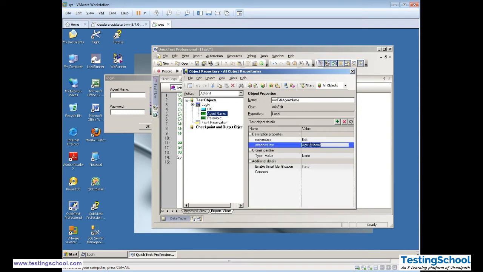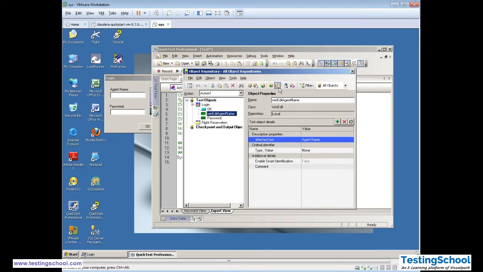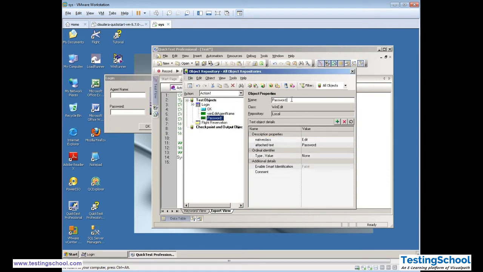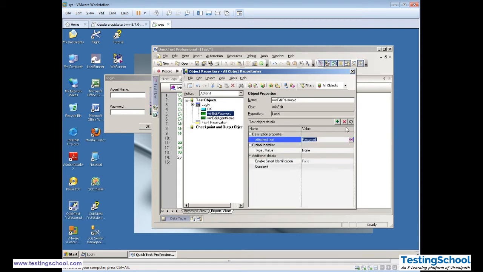Now we need agent only, we don't need native class edit. Remove this. Now let's identify. See, it's identifying. Attached text is agent, you don't need extra property. These small things will make your test case faster in real life scenario. Small win edit is the password, and then we don't need this property, we'll remove this.